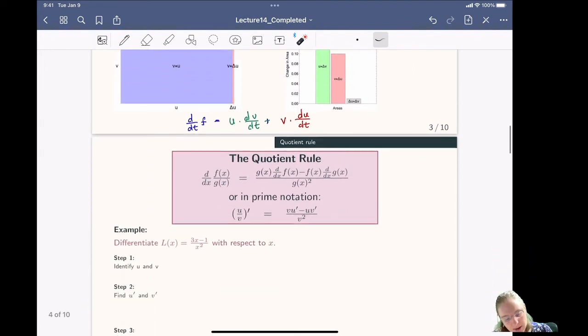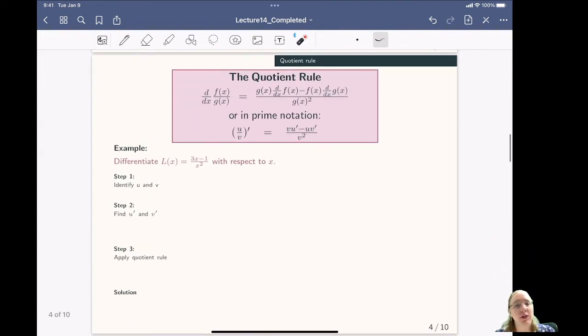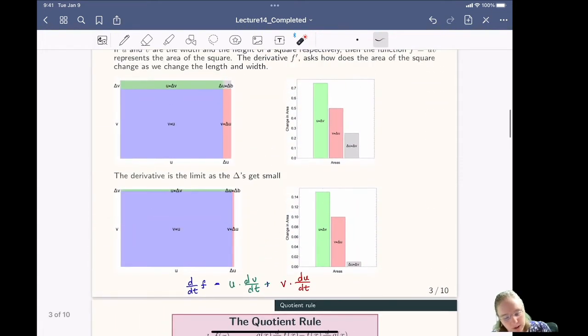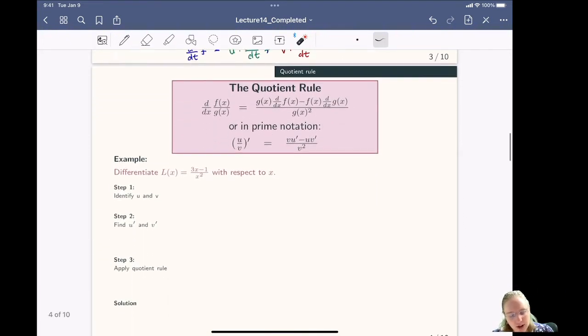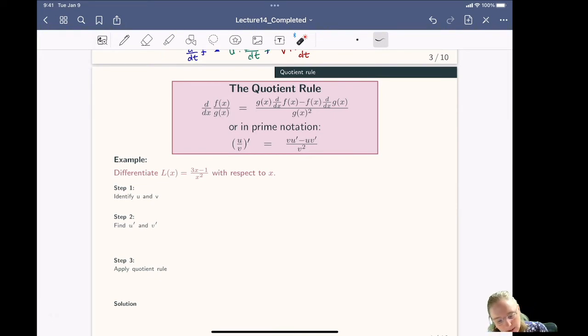All right, what about the quotient rule? Well, the quotient rule doesn't have a very nice corresponding version of this geometry, but you will see in a couple of lectures that you can actually derive the quotient rule using the product rule, but you need the chain rule in order to do that, so you can combine derivative rules to get the quotient rule from the product rule. So let's just talk about what the quotient rule is without explaining why, and we have the function f